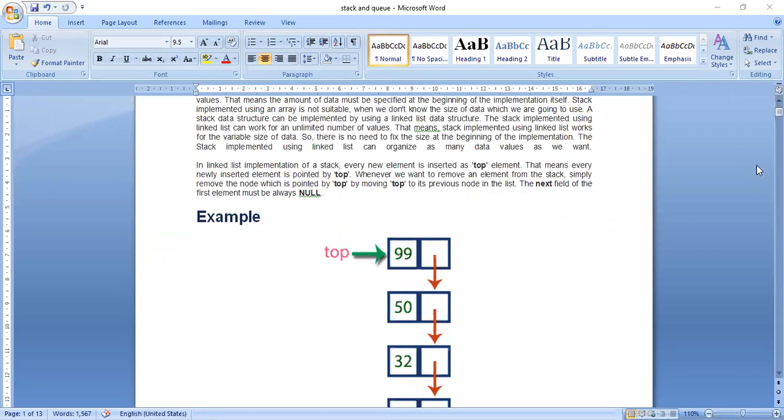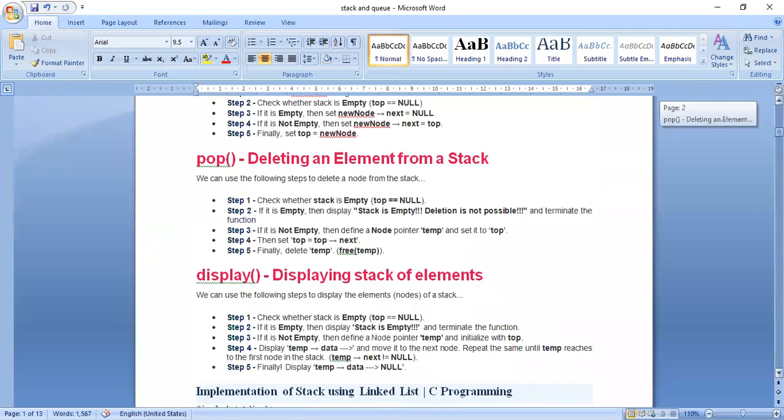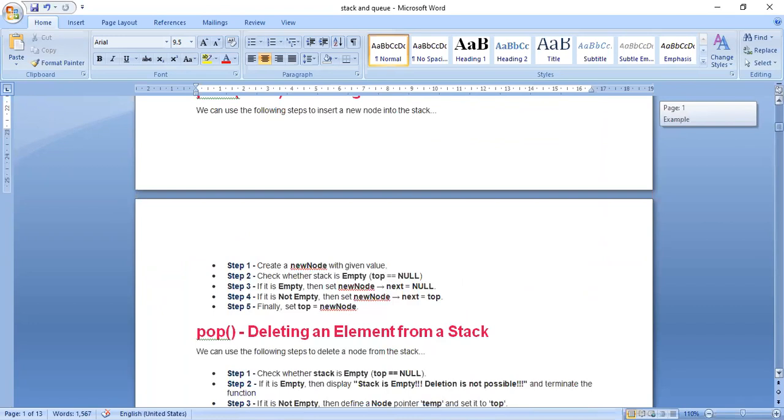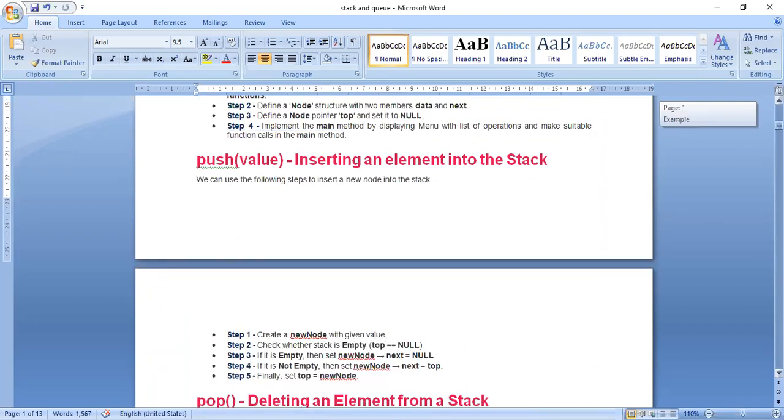So you can see this algorithm also. The same thing. In general, what we go for is adding the node at the starting of the linked list and deletion of a node at the starting of a linked list. This we consider. That is, top represents the address of the first node in the linked list. That we will be considering.